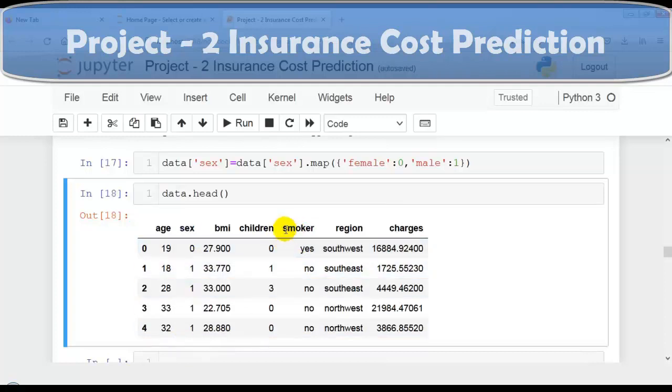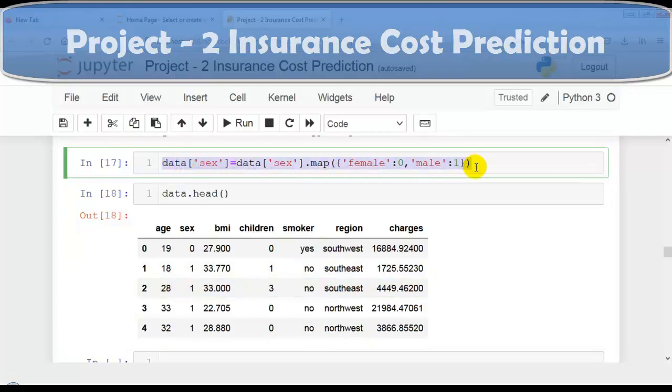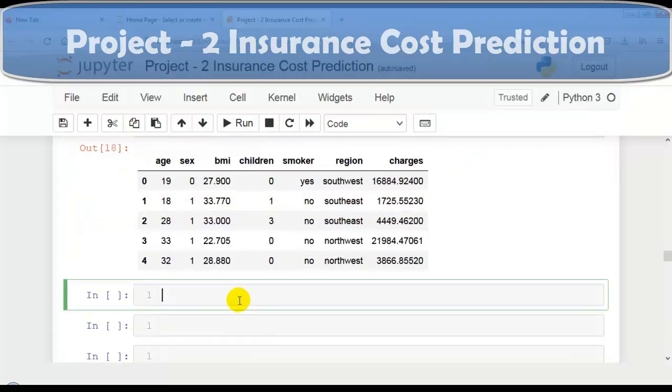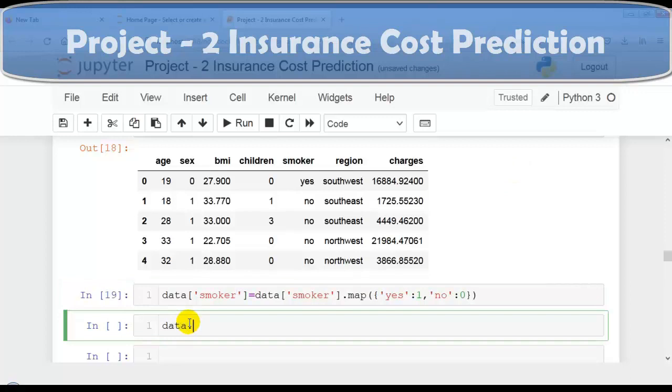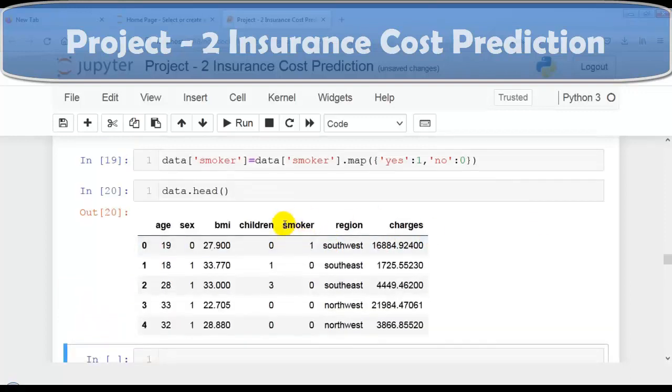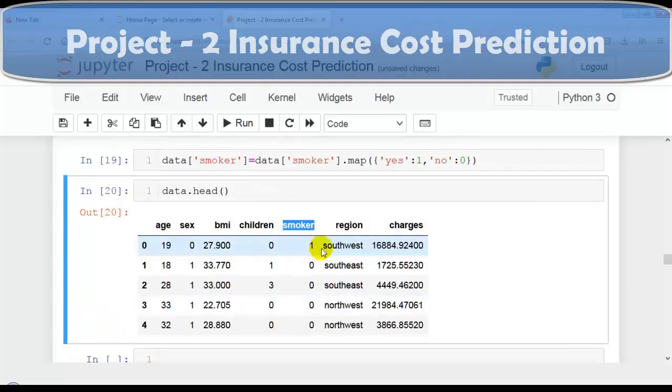So now let's convert values of the smoker column into numerical, yes and no. So we are going to map yes with 1 and no with 0. To save our recording time, let me copy this and let me paste it over here. So now we are going to map yes with 1 and no with 0 on this smoker column. And let's modify our existing data frame. Let me execute this cell. So now let's check our data frame. As you can see over here, now it is converted into numerical values 1 and 0.